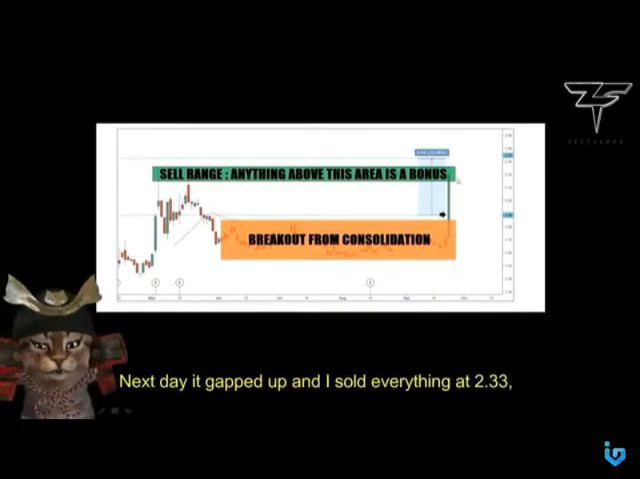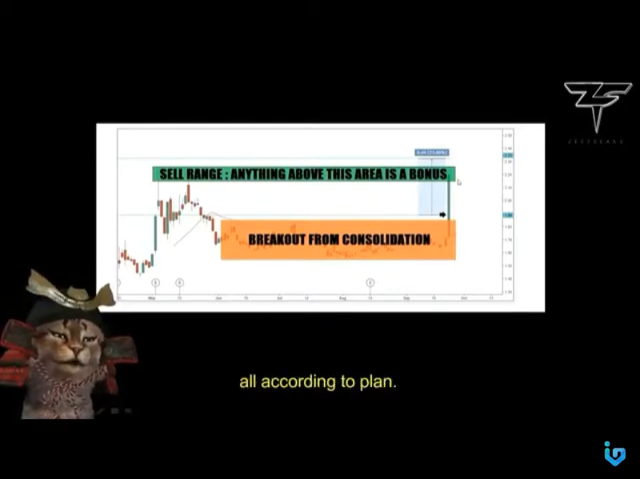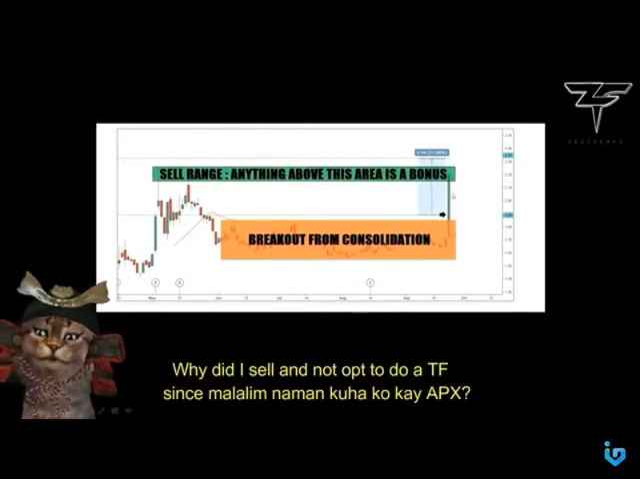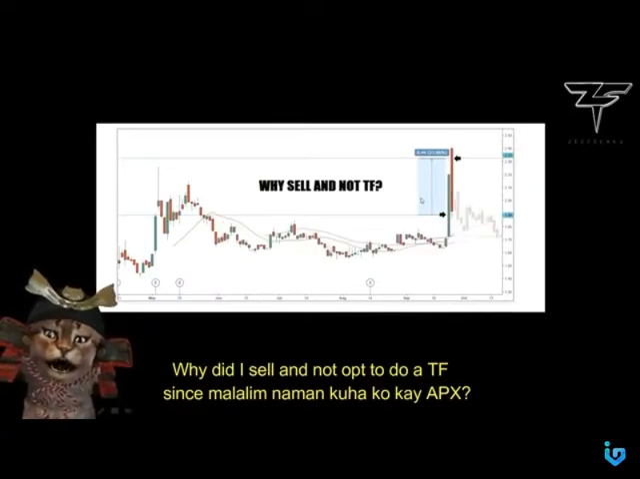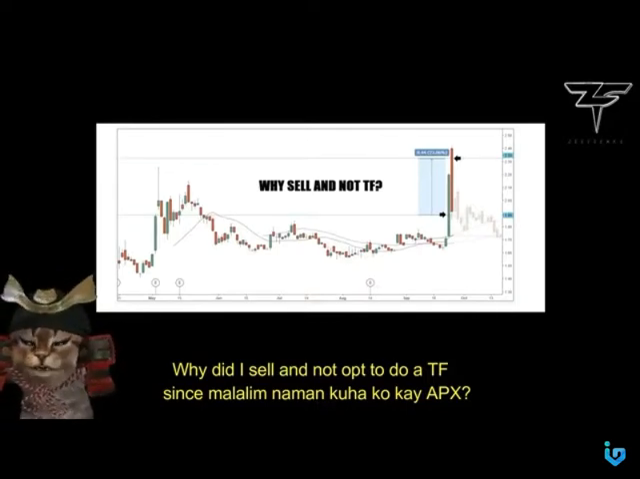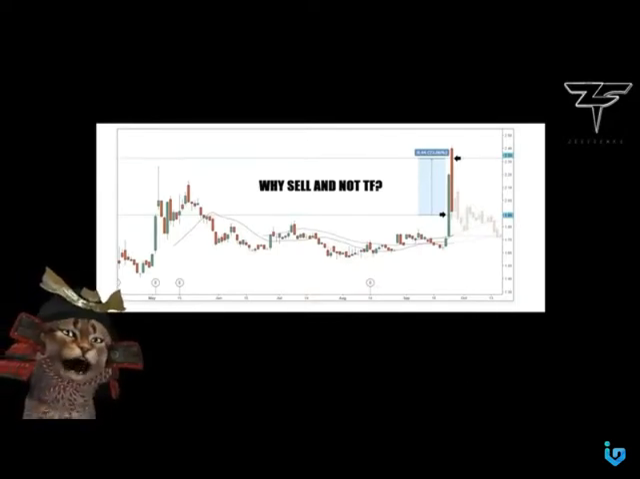Next day it gapped up and I sold everything at 2.33. All according to plan. Now here's the question. Why did I sell and not opt to do a TF since malalim naman yung kuha ko kay APX? And the answer to that,